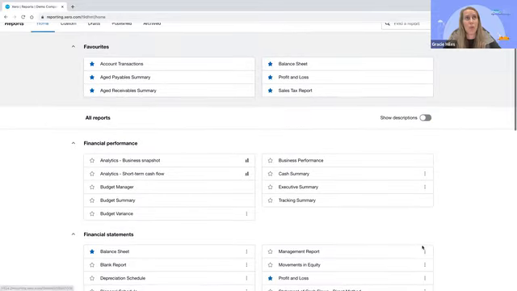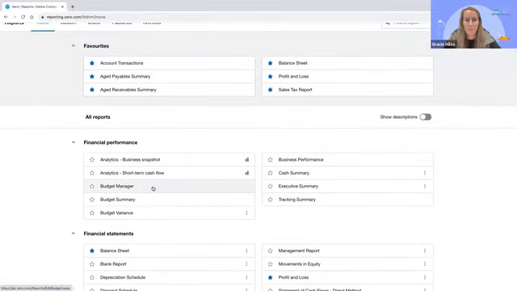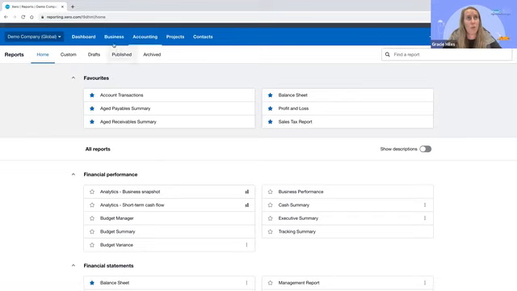So at the top, you'll see that there's the budget manager, and that will give you even more insight into how your business is tracking financially when you're running reports like the profit and loss. The other reporting tool I want to quickly show you is the short-term cash flow, and this can be found under the business menu. So if we go to business, short-term cash flow,